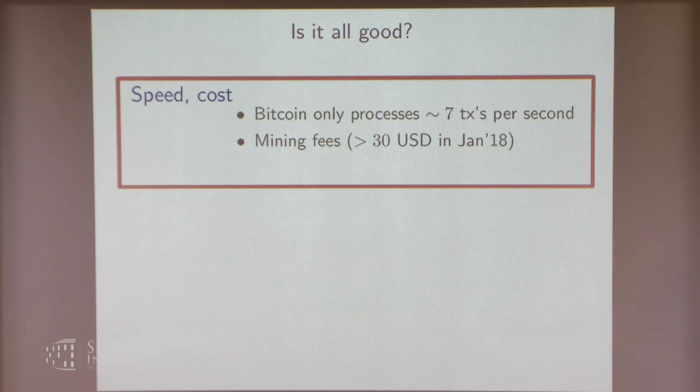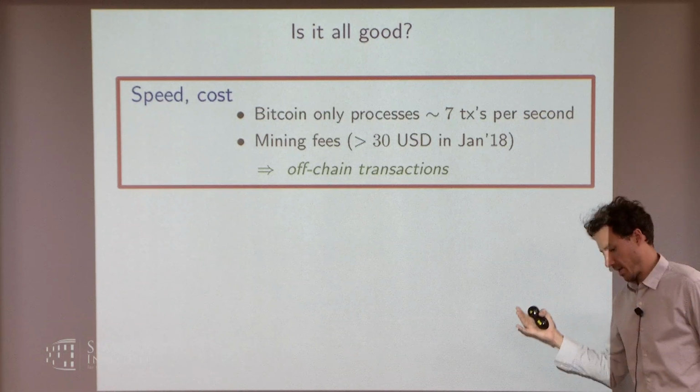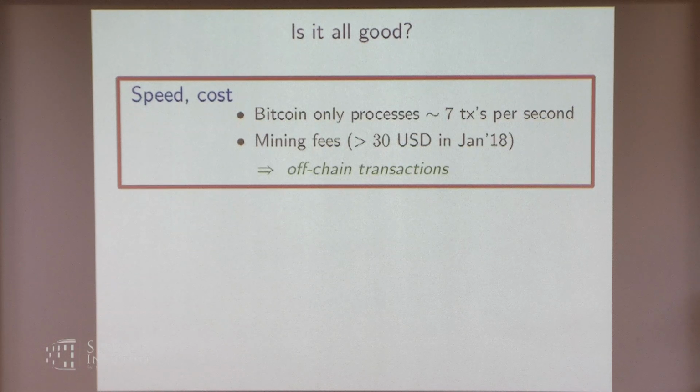I'll talk about this in the second hour. There are some solutions that allow you to use Bitcoin to secure payments without the payments actually all happening inside of Bitcoin. This could be compared to back in the days of the gold standard, when the national banks had their gold reserve, but they wouldn't pay other states by moving the gold reserve; it was there as the store of value. So there are tricks for doing transactions that are as secure as Bitcoin transactions, but you don't need to put everything in the blockchain.